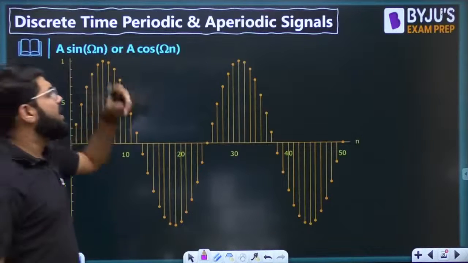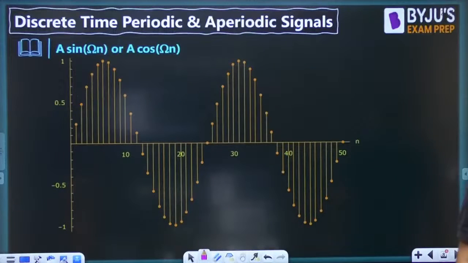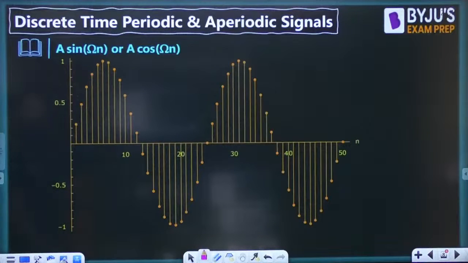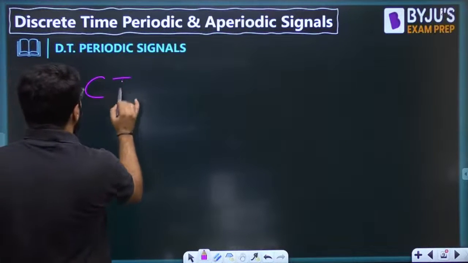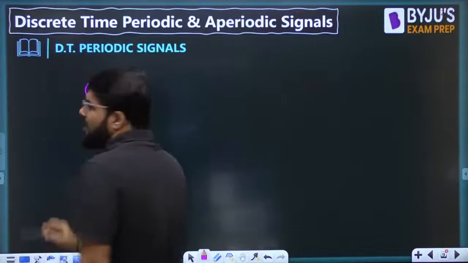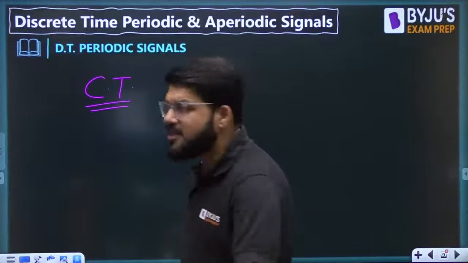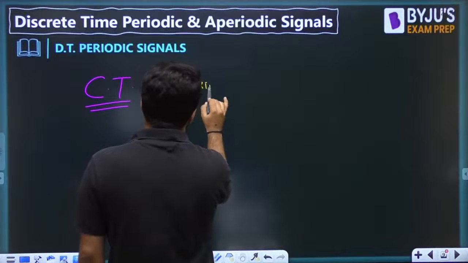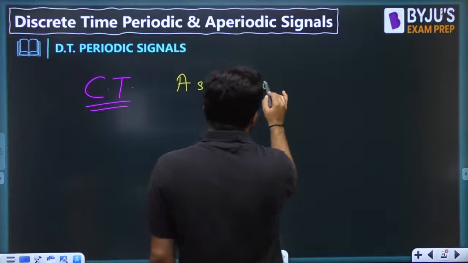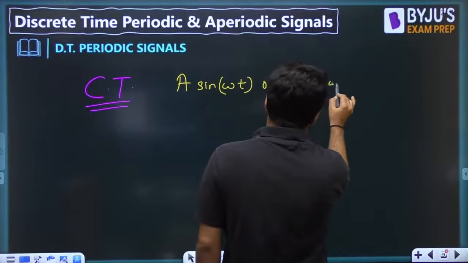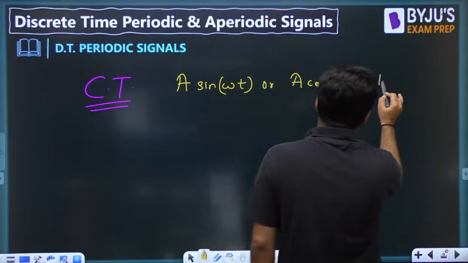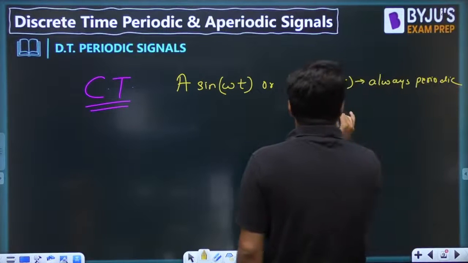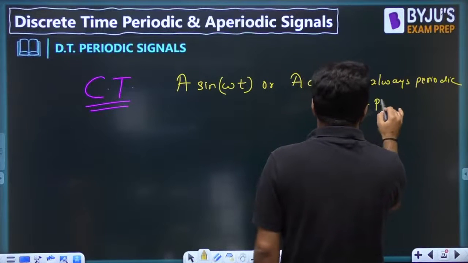Okay, you can have a sin omega n or a cos omega n, but a very important point: if I go back to the continuous time domain, as I clearly explained yesterday, in the continuous time domain, a sin omega t or a cos omega t is always periodic. Clear? Why? I have explained, they are always periodic and have the period equal to